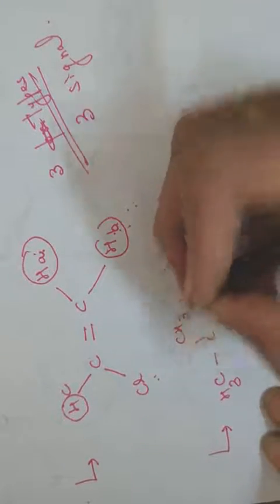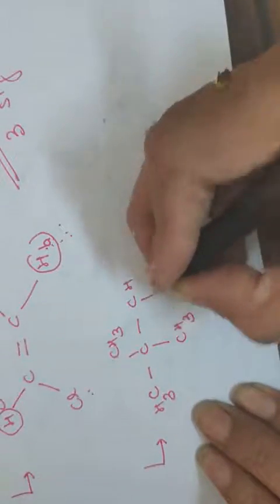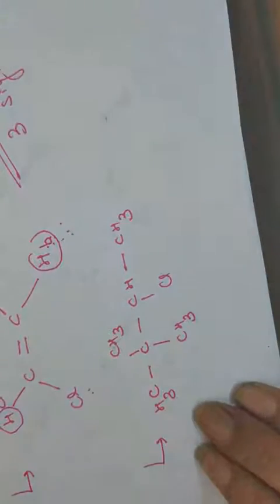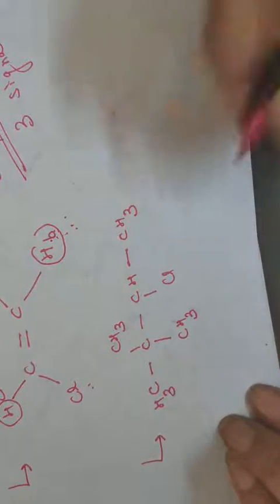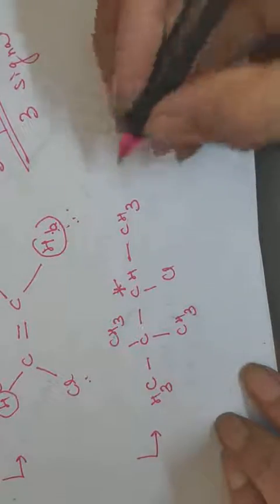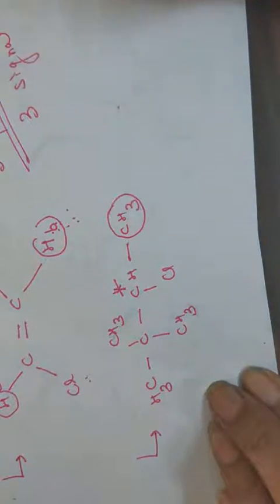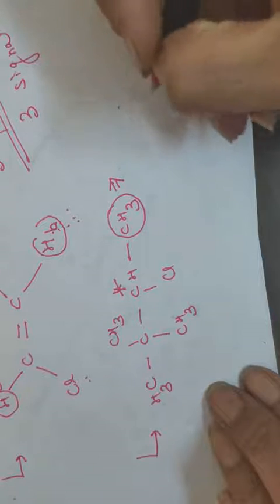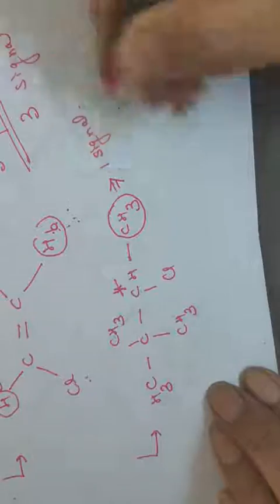CH3, CH3, CH3, CHCl and CH3. So in the case of these acyclic compounds, first look for the presence of a chiral center. So this is a chiral center. If this is a chiral center, this methyl group will be different, as we have seen, and will give 1 signal in the NMR spectrum.